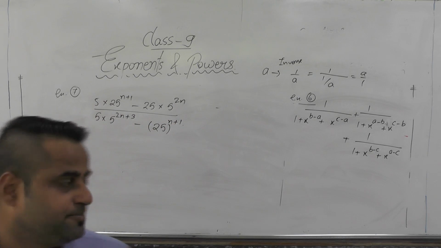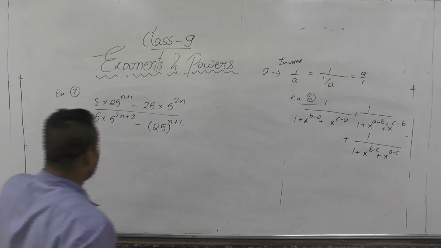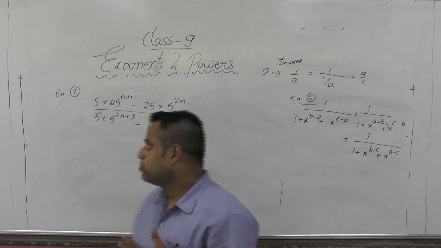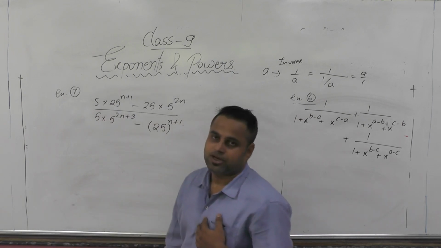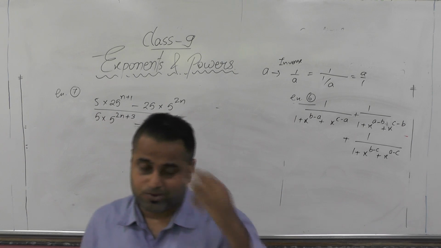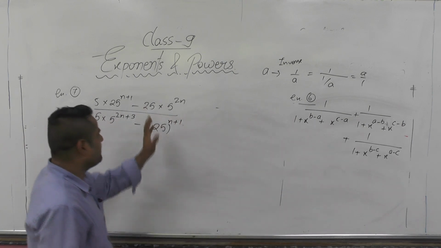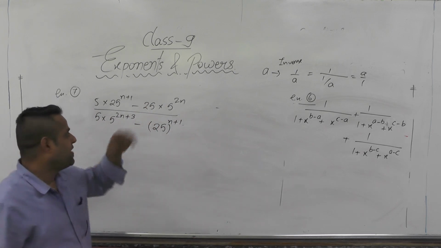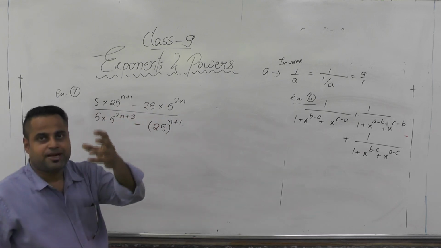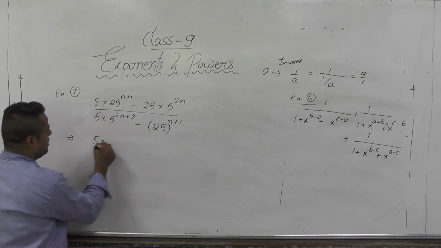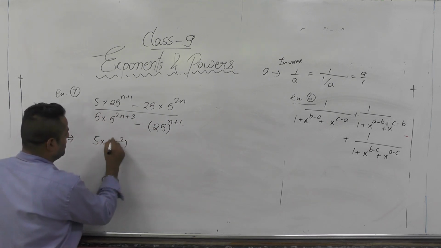Now how to solve it? First of all, you need to make maximum terms of the same base. Okay, like there are 2 terms only, 5 and 25. Now you can write 25 as 5 square. So whenever 25 comes, you need to write it in 5 terms because 5 is also here. So we can get same base here. So what I am doing here, first I am changing all 25 as 5 to the power 2 whole power n plus 1.